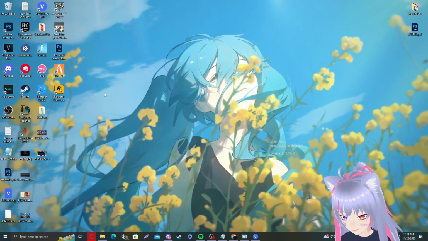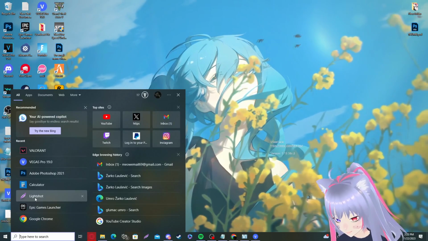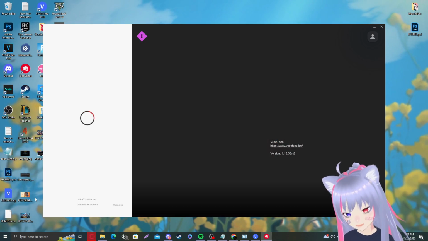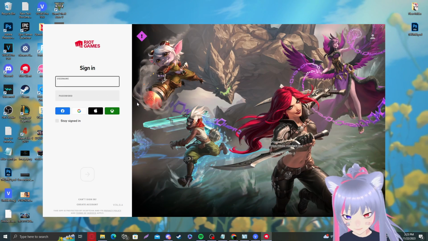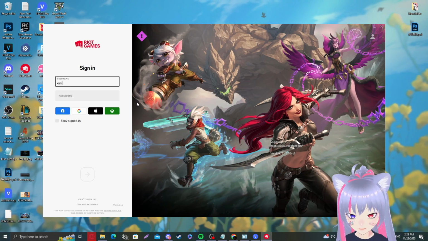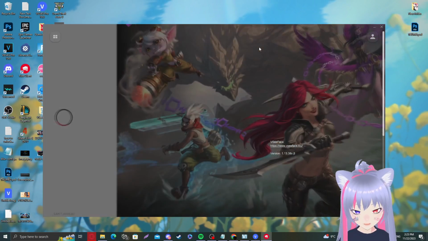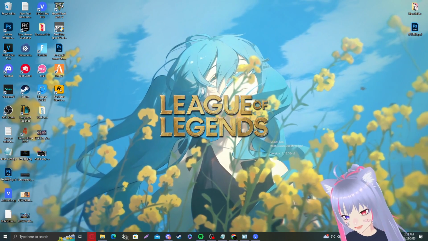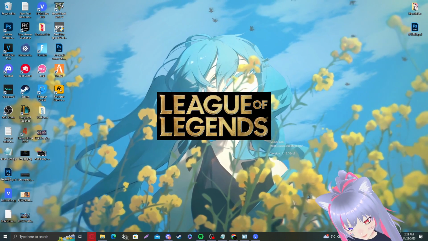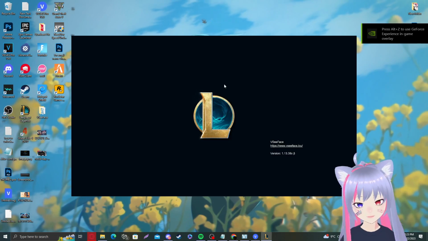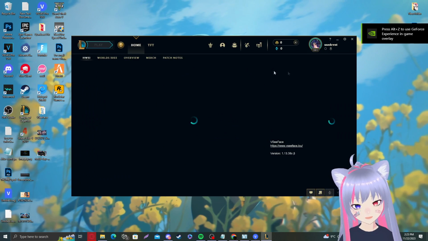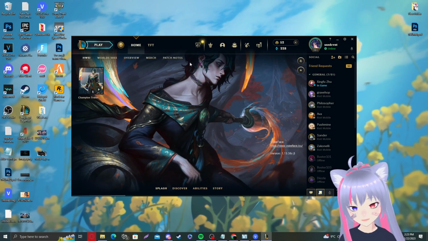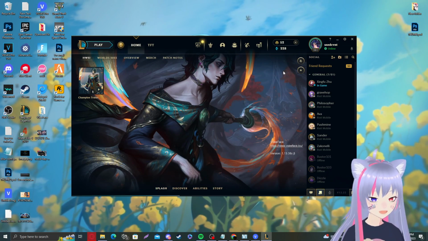Alright, so before we get into it, I'm just going to open my League of Legends real quick and show you guys my current League name, or my current Riot ID, which is basically the same now. So I'm going to go ahead and log in. The reason I'm showing you this is so you can see my current name and me changing it in real time. I'm not going to pronounce my name, I'm not very proud of it. It is an interesting one, but here it is. So I believe it's time for a change. Let's go on to step 2.